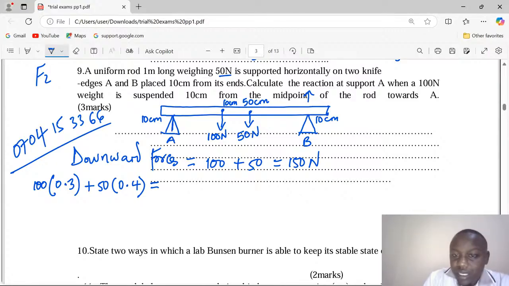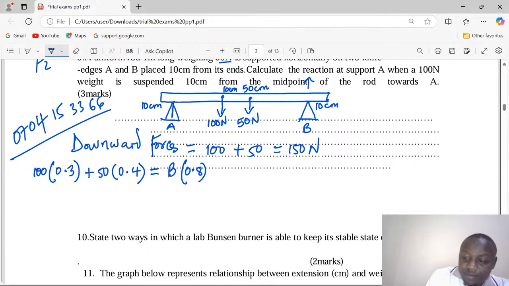The reaction at B is acting 80 centimeters away. So it will be the reaction at B multiplied by the distance from point A to where B is, just 0.8. And this will give us the force at B being equal to